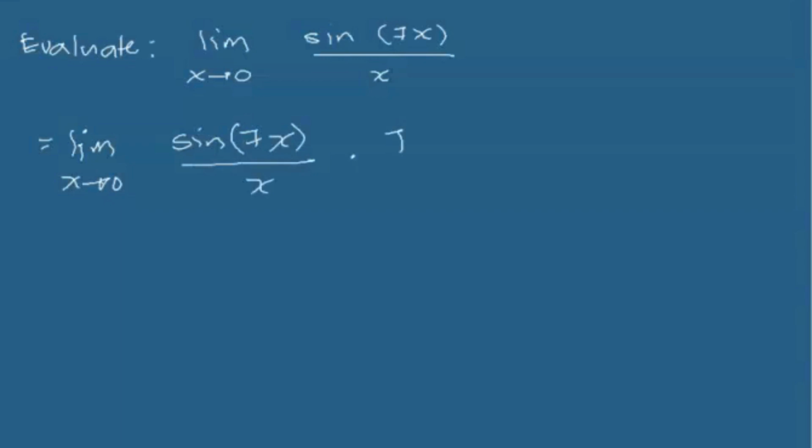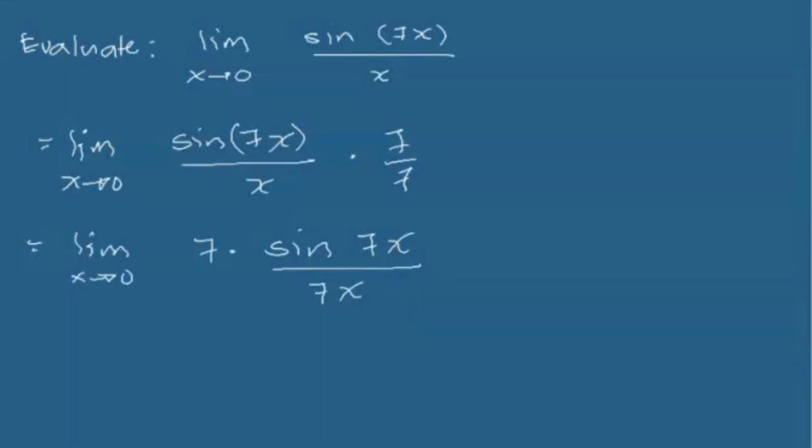So we'll end up with the limit of 7 times sine 7x over 7x. And then we represent 7x with a single variable. Let 7x equal y. So we'll have the limit of 7 times sine y